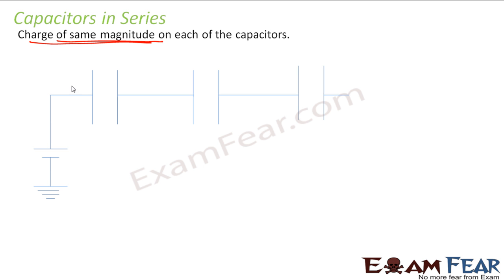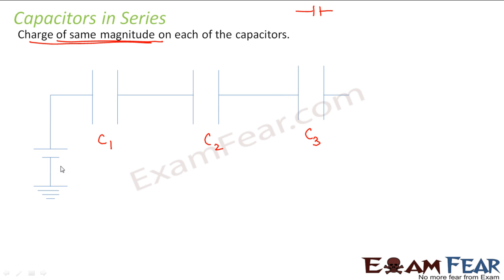You remember the circuit symbol for capacitor? I told you in the first slide. This is how we represent a capacitor. So this is one capacitor; let us call its capacitance C1. The capacitance of the next is C2, and of the next is C3. However, the charge on each of them is the same.